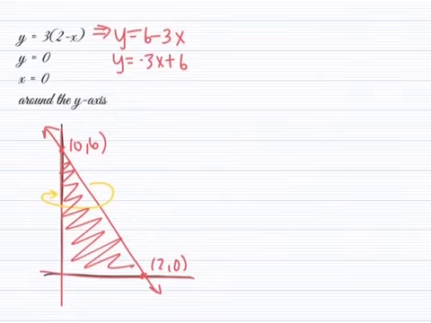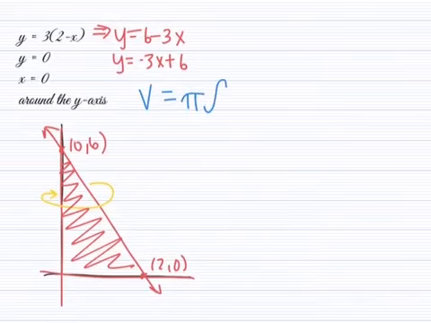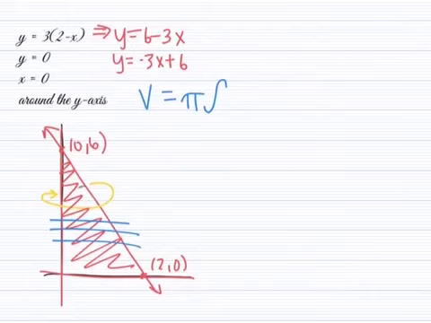So, just to do it real quick, you're going to get your volume equals pi times the integral from, since you're doing a y-axis this time, you're rotating around the y-axis, you're going to cut your slices perpendicular to it, so they're going to be going that way. So keep that in mind, don't get confused. Always sort of draw those in for yourself first so you don't mix it up. So your boundary values are going to be from 0 to 6, since they're y. So from here to here, 0 to 6,